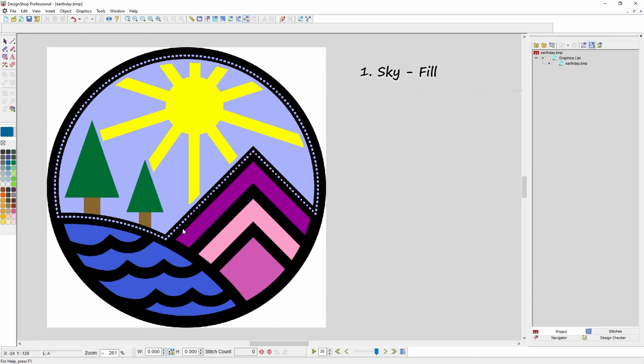once we get the sky kind of taken care of, then we have some decisions to make. Do you want to do the ocean next, or do you want to do the mountains next? And with material push, if we did the ocean, we'd have kind of this hole where the mountains are. If we did the mountains next, then we would just kind of have an edge, and I think we'd have less material distortion that way. So I would do the mountains next, and I would do the dark one and then the light one and then